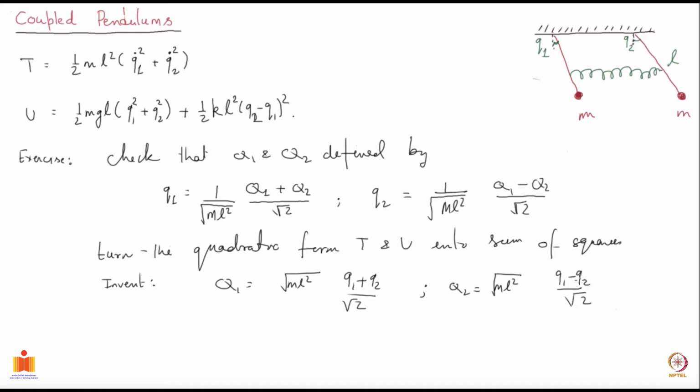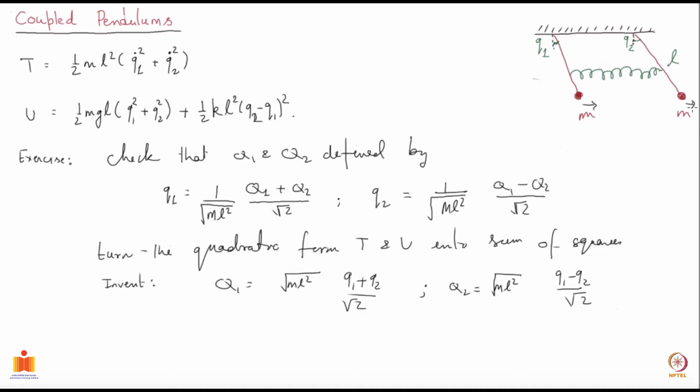And you can guess this, because let's say you define it this way. What I'm trying to say is how to guess that these will be the modes without doing the algebra. So let's say if you define these as the modes, then when Q2 is 0, you will have q1 equal to q2, meaning both the pendulums, this guy and that guy, will be moving in the same direction. So if this goes in this direction, that also goes in that direction,